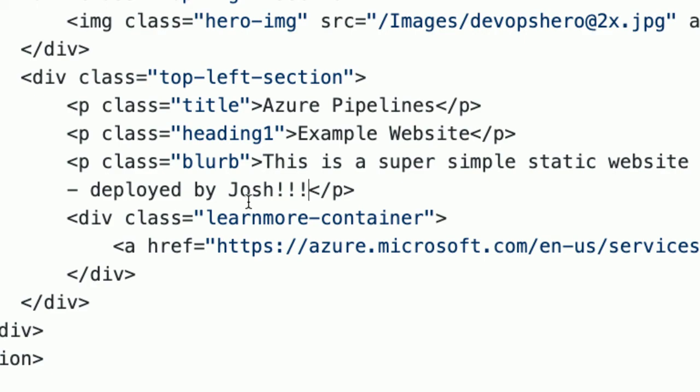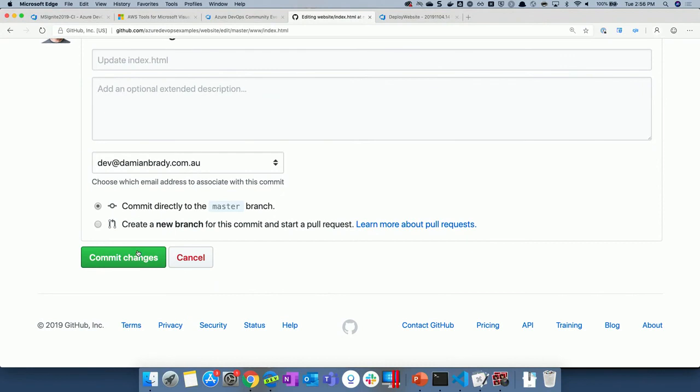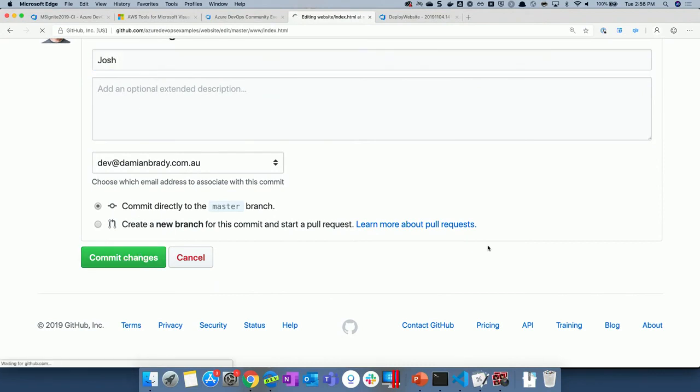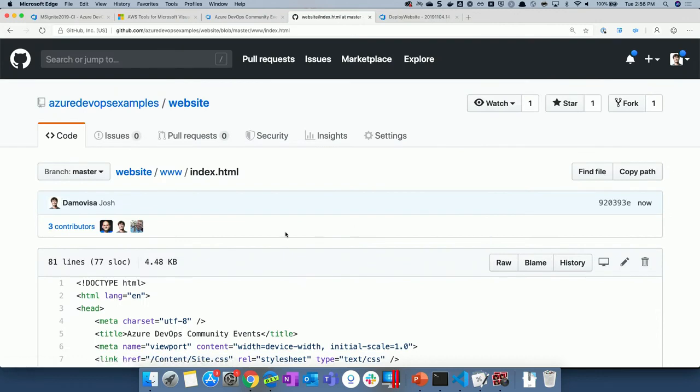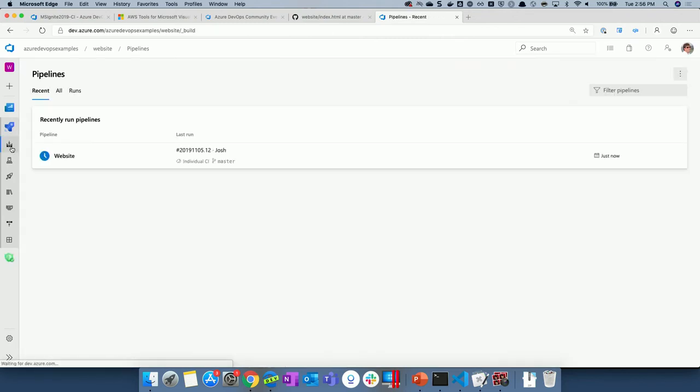I'm making a change to the repo itself. And I'm just going to commit and push that change directly to production, which is what every good developer should do. Yeah, I think you're only allowed to do that on stage. And so that is now a change. Actually, we had a change already queued. So if we quickly show you the build, it's a super simple build, but it's kicked off a CI build.